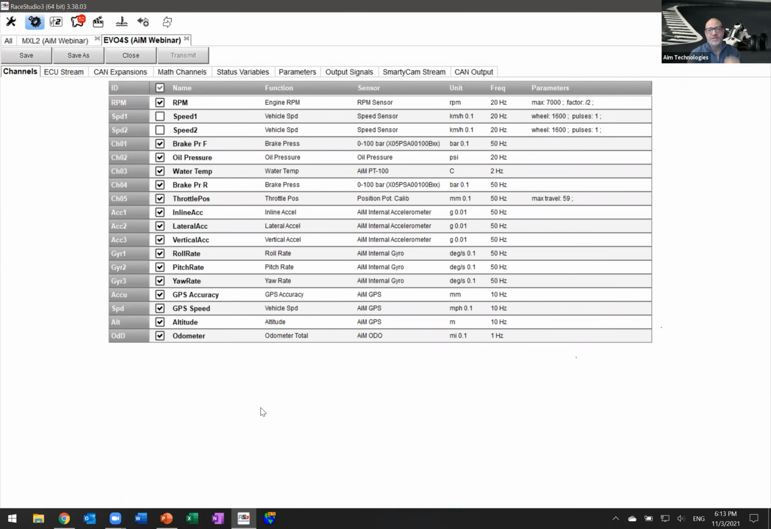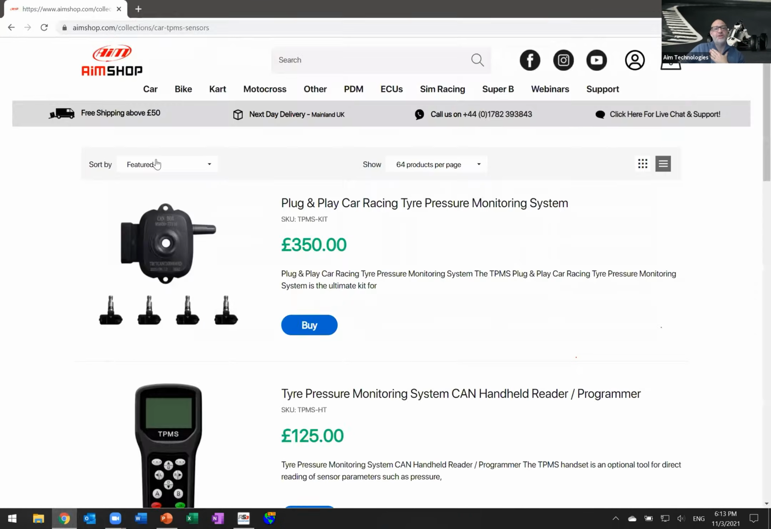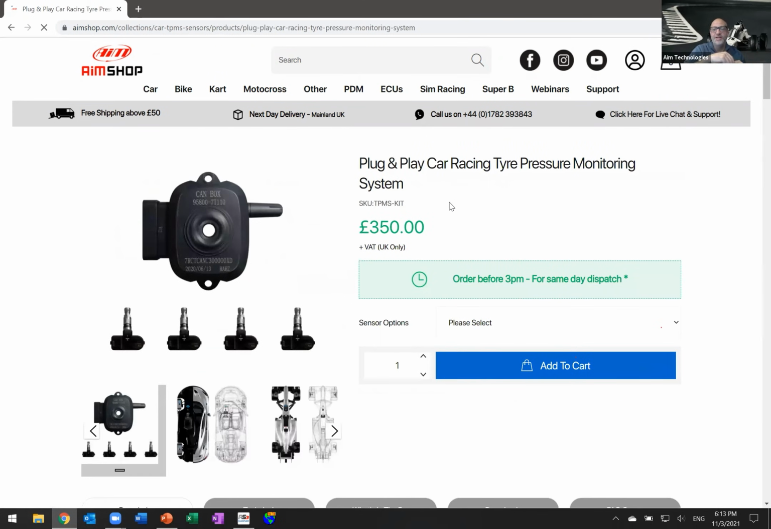The first thing I want to address is what we call the CAN protocol, or the custom protocol that is there. I've got the AiM shop website open here, and if you buy one of these devices, you just click on any of these items. So in this instance, I'm clicking on